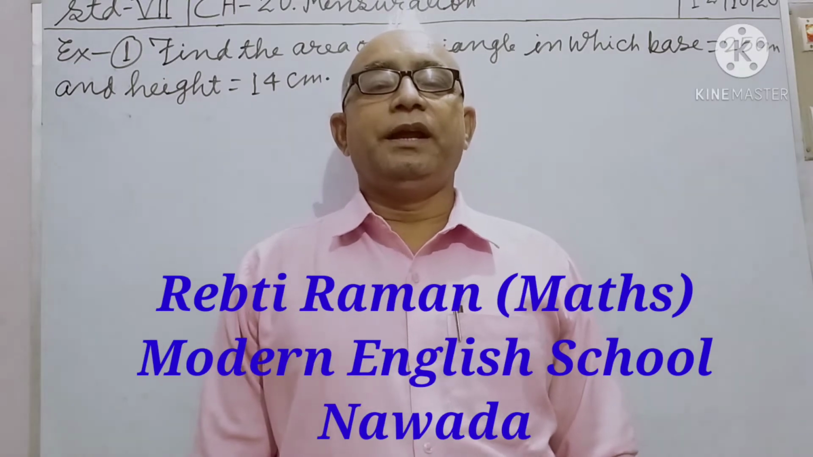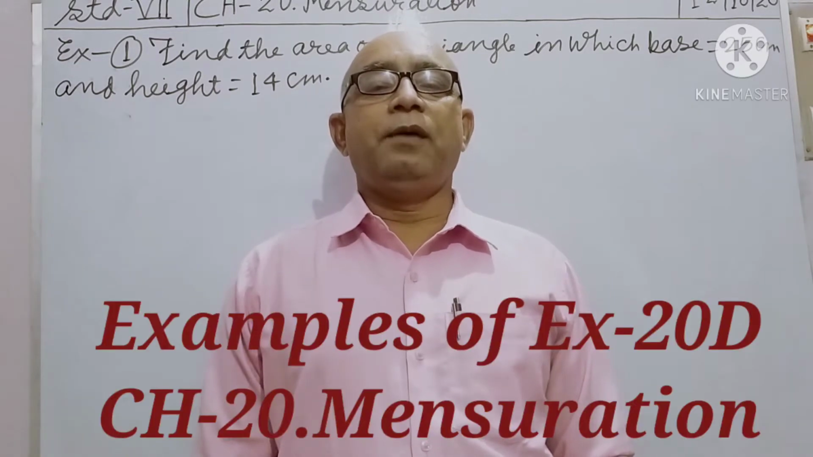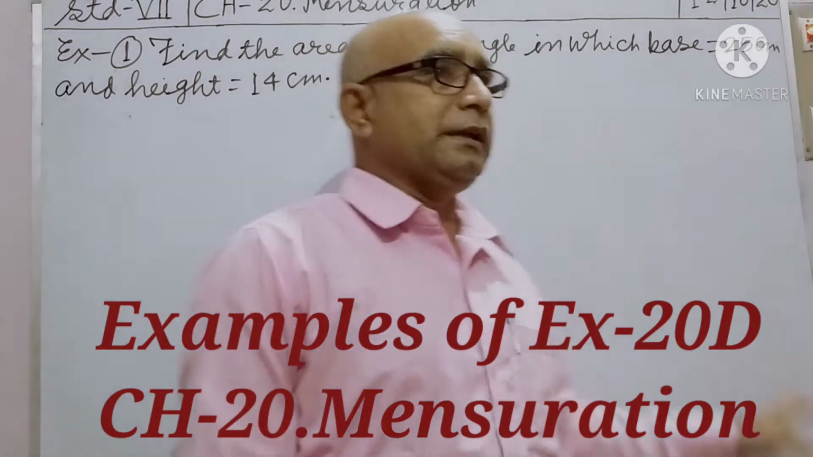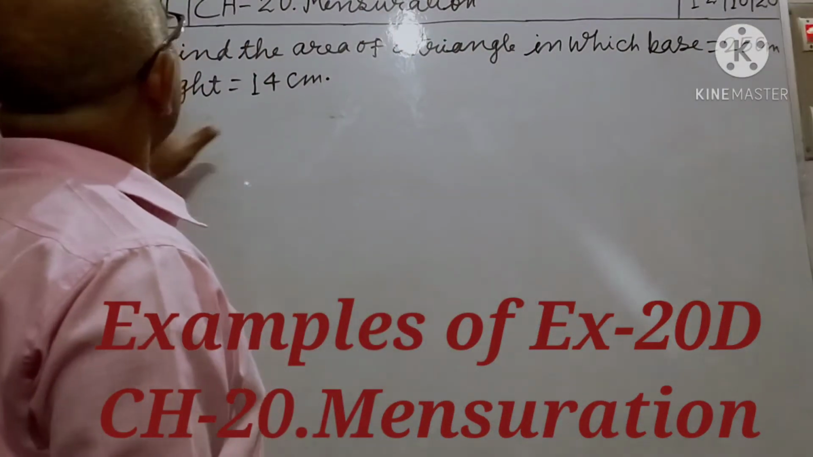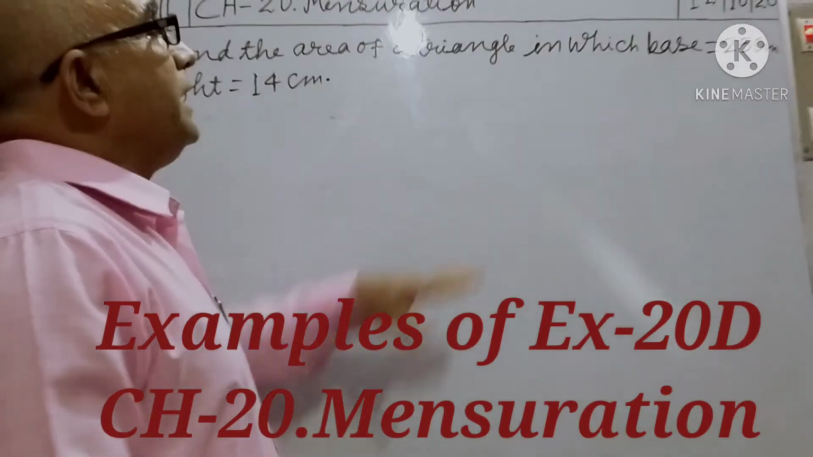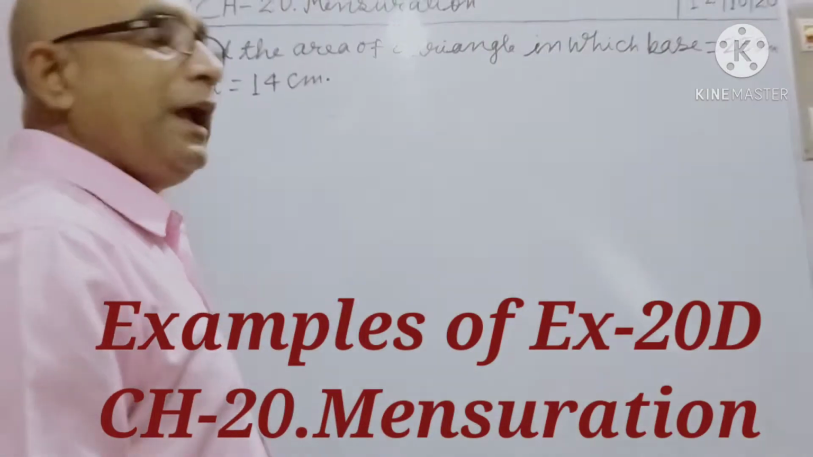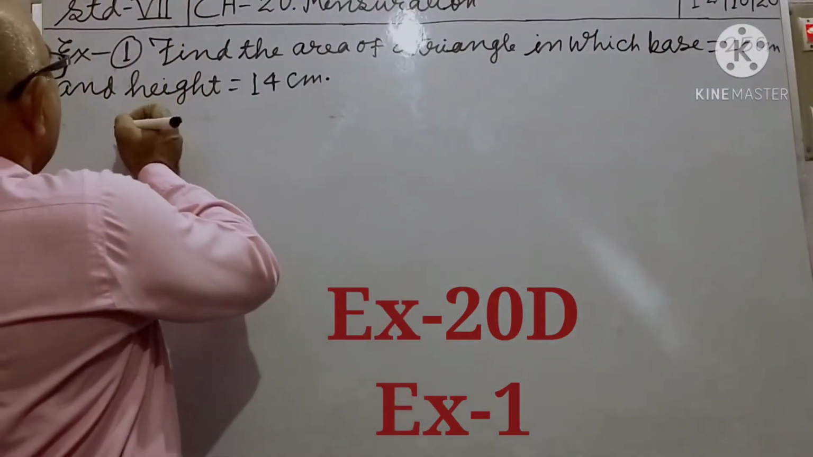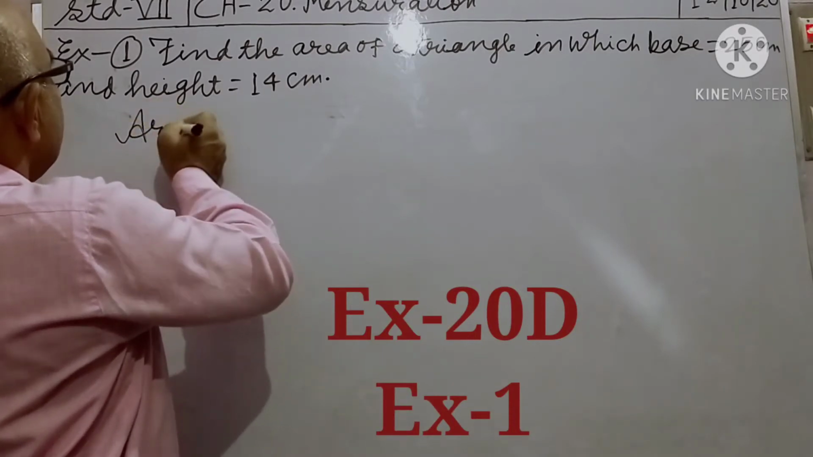Students, today I shall solve examples of exercise 20D. Example 1. Find the area of a triangle in which base equal to 25 cm and height equal to 14 cm. We know that formula of area of triangle is